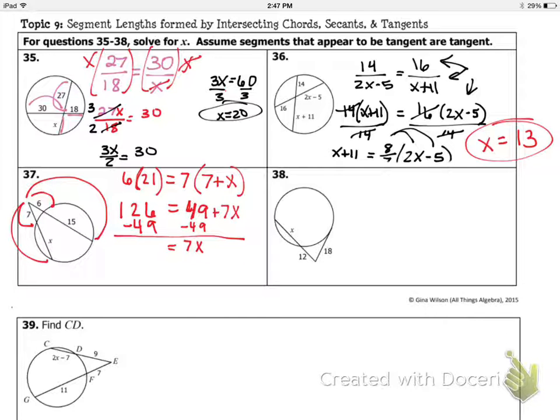Alright. 126 minus 49. I'm going to get a 77 here, and then a 7x here. Okay. Ooh, nice. Divide by 7. And I get 11 equals x. Cool. And then on 38,